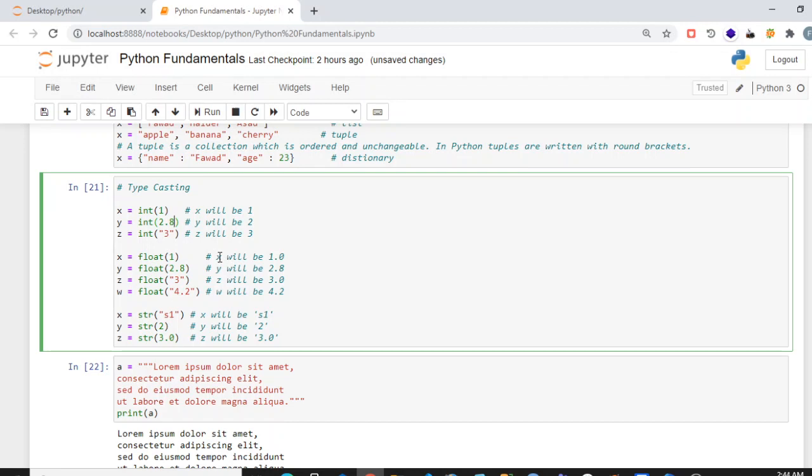Similarly, we can convert from string to integer if possible. But if we have another string, for example, let's say this is our string, we will not be able to convert this into integer, it will generate an error. But if it is convertible, then it will convert it into integer. Similarly, we can convert values to float, and similarly we can convert values to strings as well.